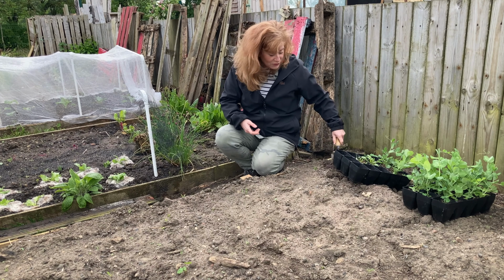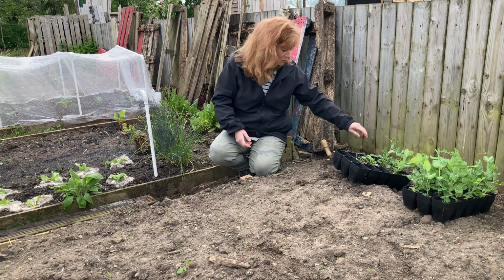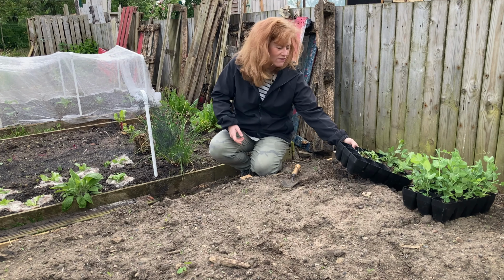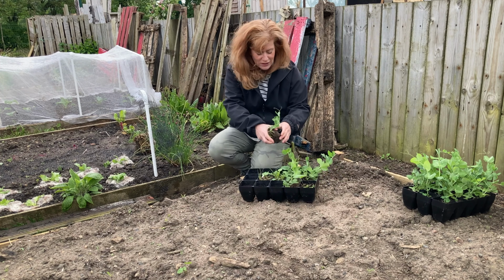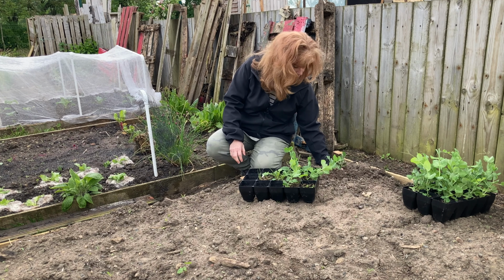So instead of having the 4 rows of peas that I thought I was going to get, I'm probably just going to have the 1 row really, but never mind, that makes more room for other things like some extra beans or whatever. I'm not going to bother trying to sow any more peas. Trying 3 times and failing is enough, isn't it? I'm going to put these 4